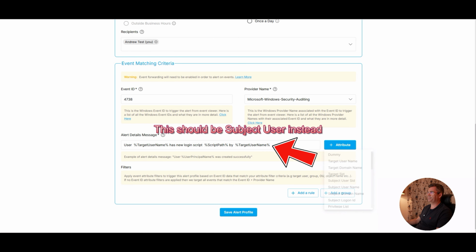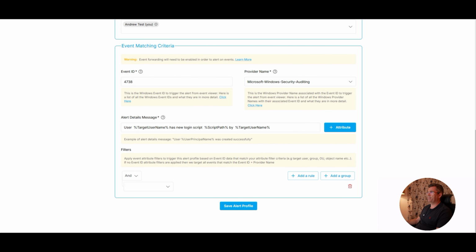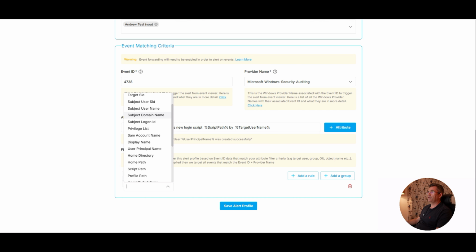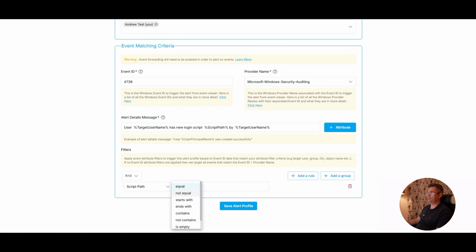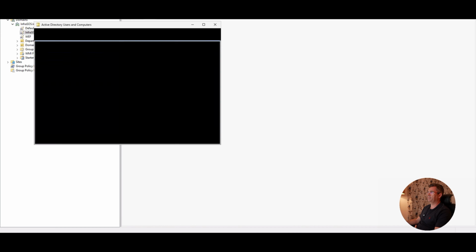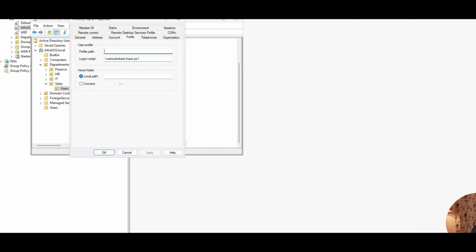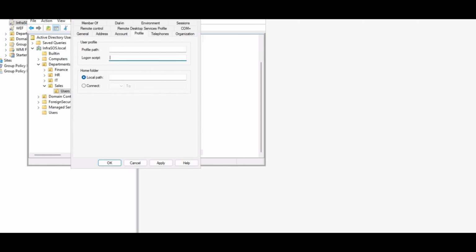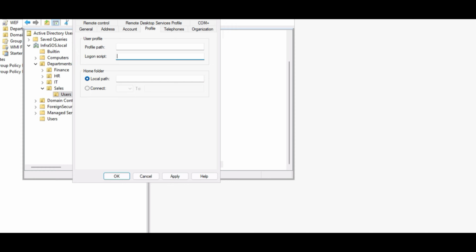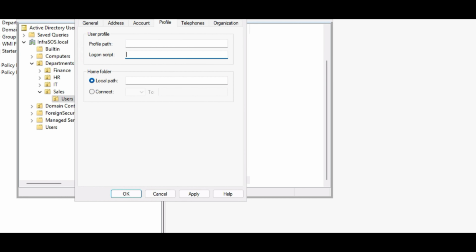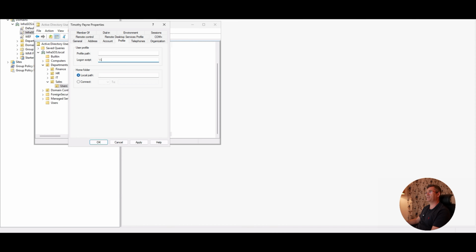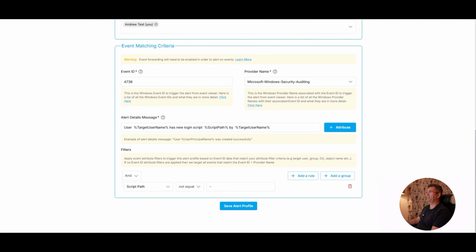So that would be target username, and you can further filter this because you don't want all alerts with event ID 4738. You only want it when someone has a new script path. So what you could do is set it to not equal to that, and what that will do is, for anyone whose script path in Active Directory, I'll show you, has a new entry, it will trigger the alert. So by default, if a user has that, nothing will trigger an alert. But if someone gains access to AD and starts adding new logon scripts, this is when the alert will be triggered. So if we save that,